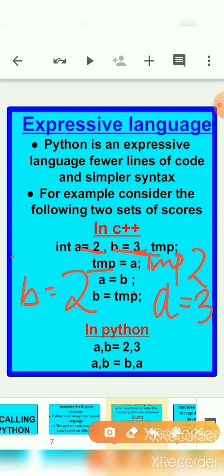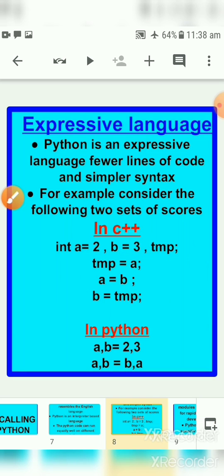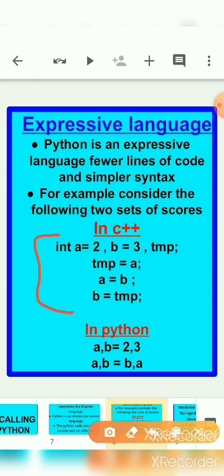Now if you concentrate here, we have used 4 lines here, and we have declared the variables also, but in Python only 2 lines of code are there. So we can say that with the help of Python we can express our program with fewer lines. That is why it is very much expressive. It is the same program. A and B are the 2 variables.